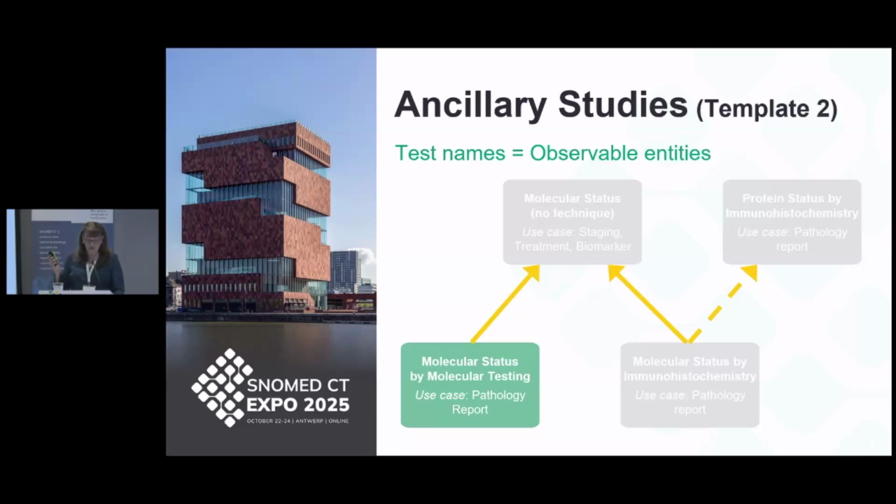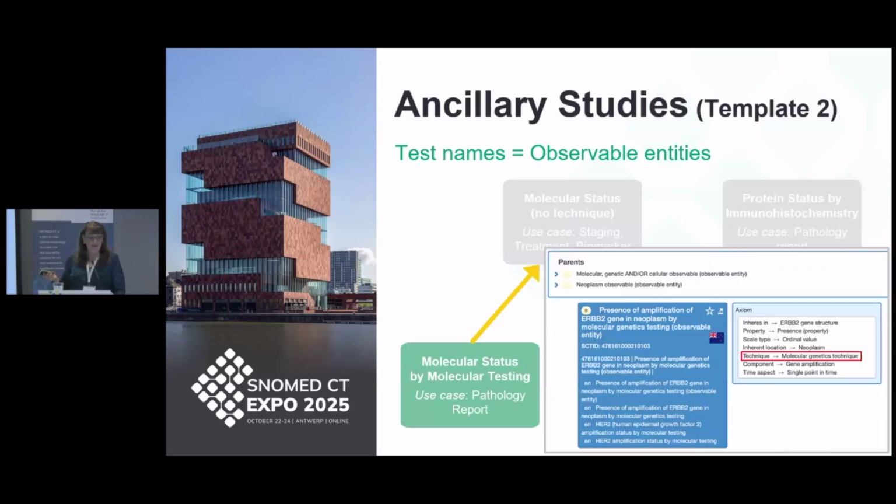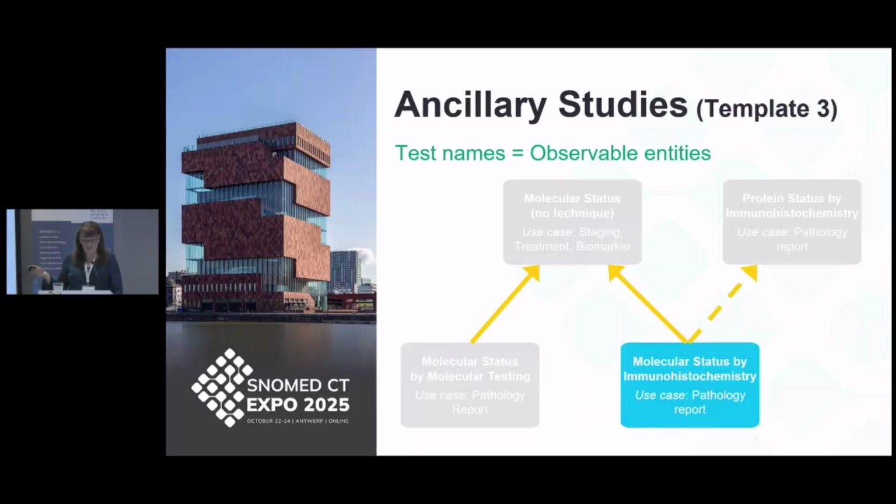Template 2 then models the observations that are performed using a molecular test, and their definition is essentially the same as their parent, but just with the addition of the technique of molecular test. And then when we come to representing those immunohistochemistry tests, where the protein that's being observed is a known surrogate or replacement for a specific cancer-related genetic alteration,